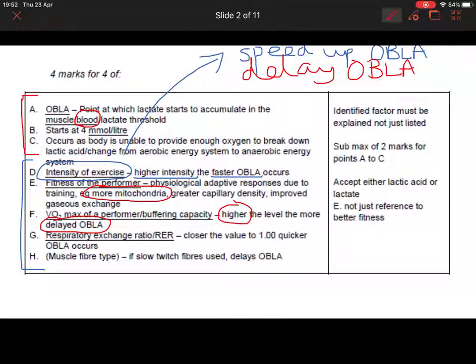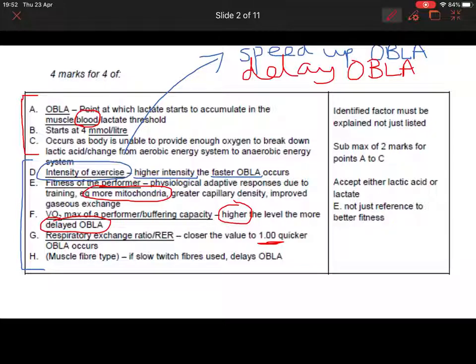The respiratory exchange ratio, I'll actually go through that in more depth next week. That is actually a measurement of energy expenditure on the specification. But ultimately, at this stage, all I would worry about is that the closer your RER value is to 1, and that's the highest it can be, your RER value generally ranges from 0 to 1. And it ultimately is determined by which predominant energy source is providing the energy, but that will come in more detail next week.